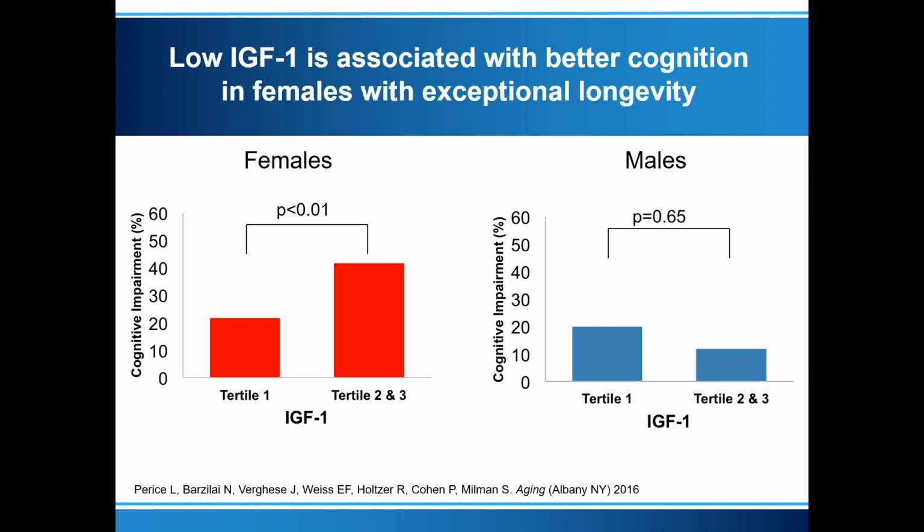Okay, but that's lifespan, right? We talked about, well, okay, maybe we want to live long, but what we really want to do is live healthy. So does it allow people to live healthier? And so we looked at cognitive function or memory in these individuals as well, and found that in women who had lower levels of growth hormone, so they were in the lower 33% for their age group, for their population, they were half as likely to have dementia and memory problems, right? So they were not only living longer, but they were living healthier. They were maintaining their cognition. We didn't see that in men. Again, we might have been underpowered.